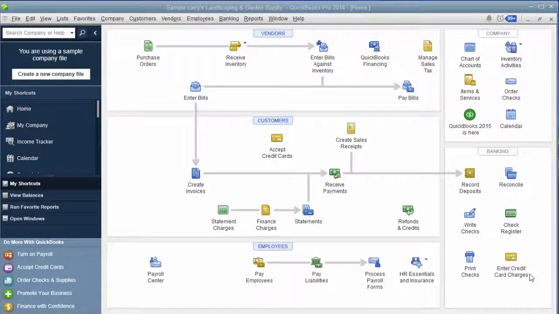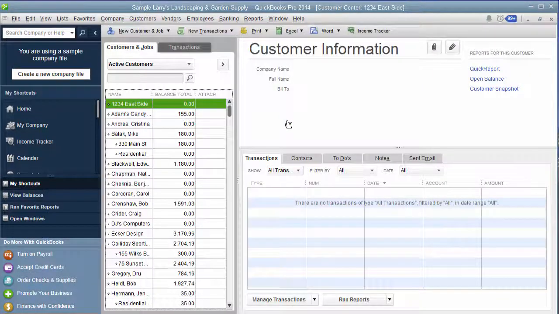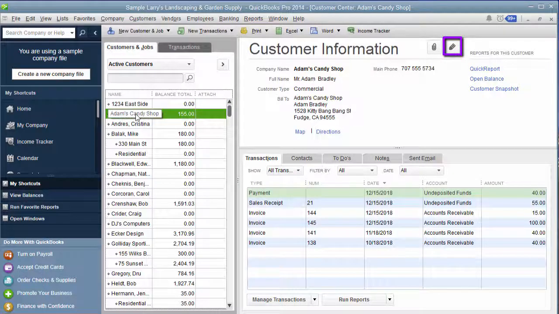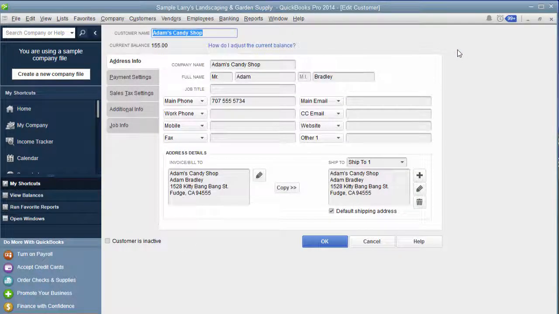We're going to get a little deeper into QuickBooks and I'm going to teach you how you customize your reports. Okay, so now you're looking at my screen and I want to walk you through how to make these fields within the Customer Center so you can pull them up on your report. So we're going to go under the Customer Center. And I've put a few in just for example so that when we go to look at the reports, it's easier. But we're going to go under Andy's Candy Shop. And we're going to go under Edit the Customer Information. That's a little pencil. And we're going to go over to Additional Information.